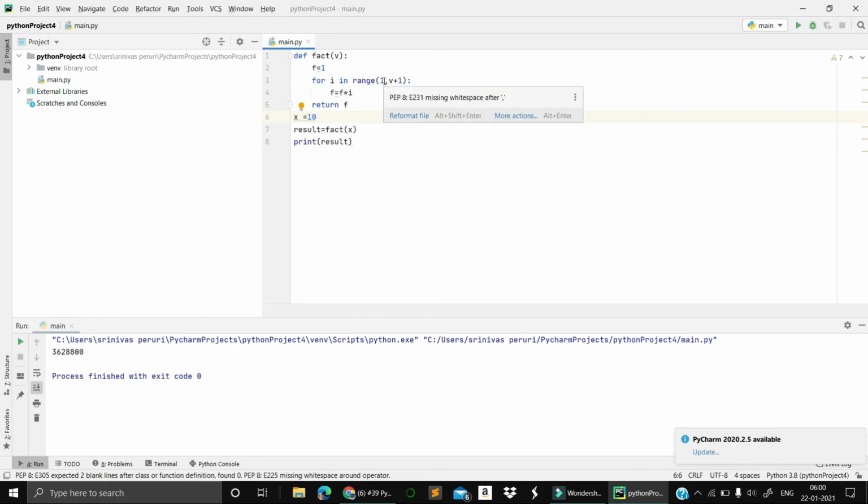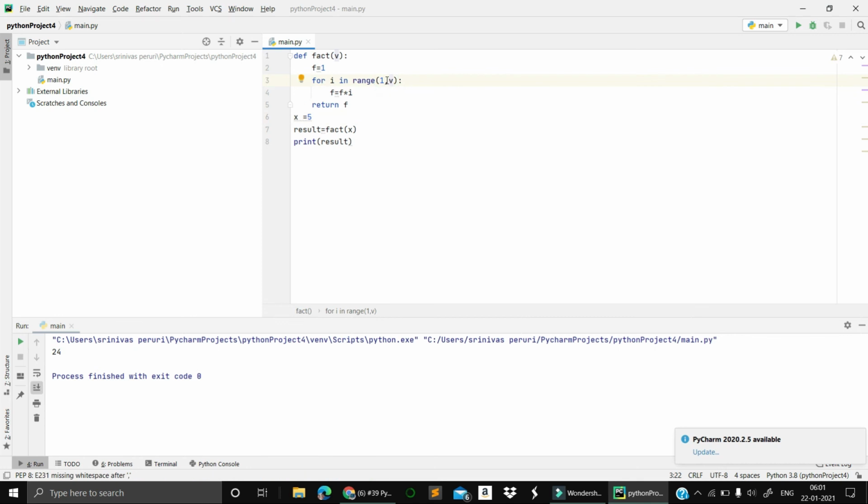So what if I define just a v? Okay, now run this one. What is happening? Or I will just take a small number. You are getting 24, which is actually for 4 factorial, but I am taking 5 factorial, because it will take from 0 to 4 itself. So that's why, you need to understand.